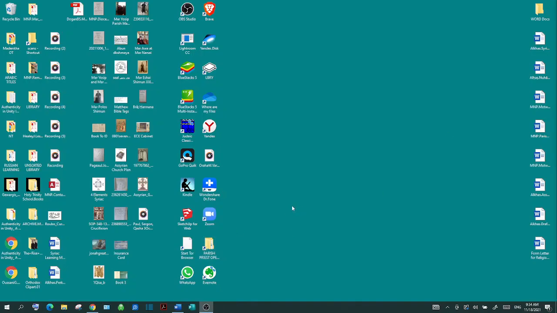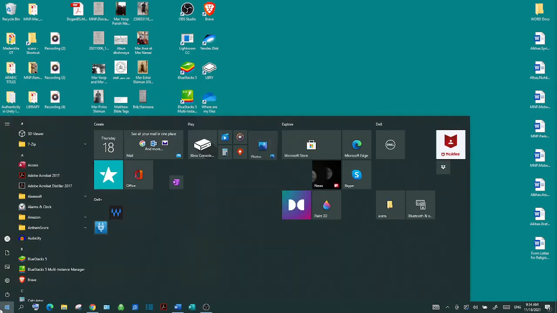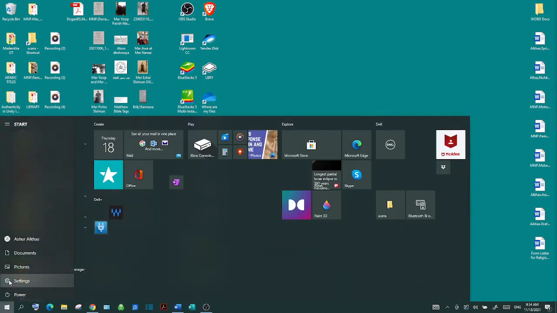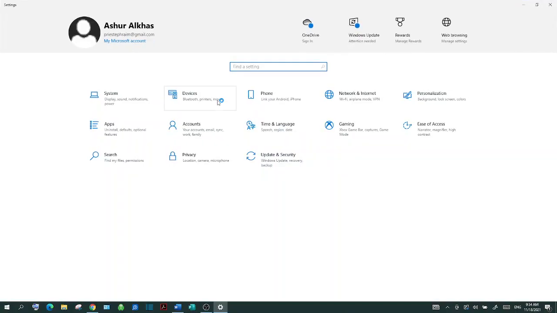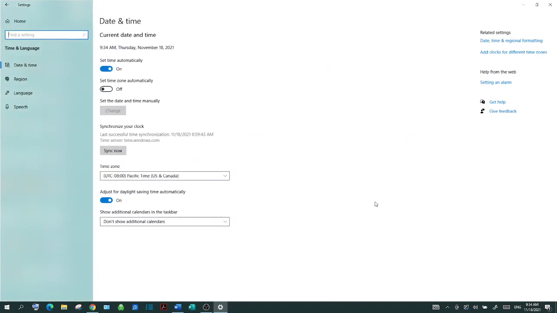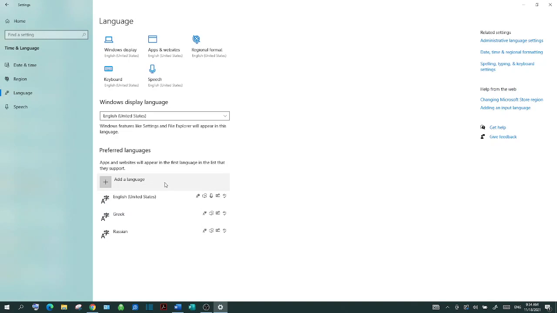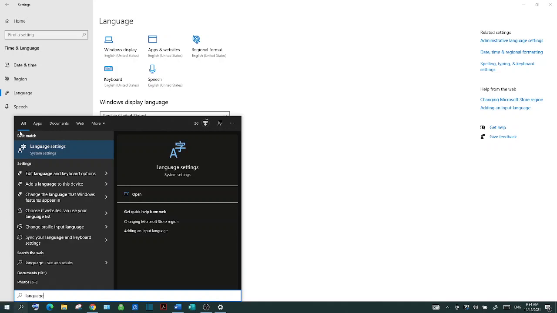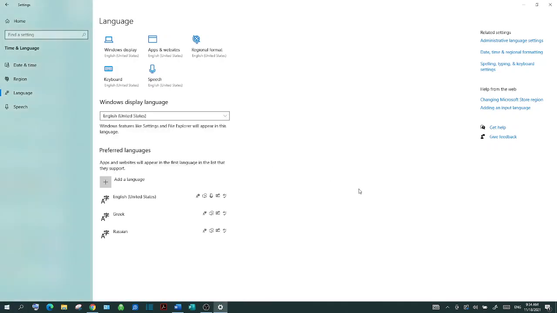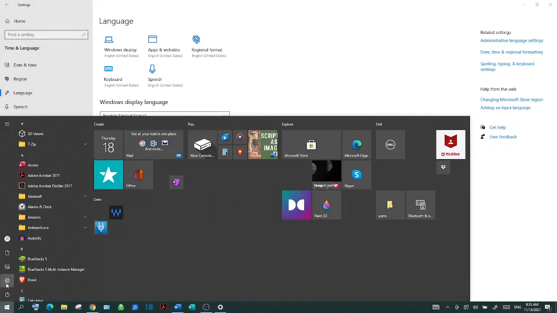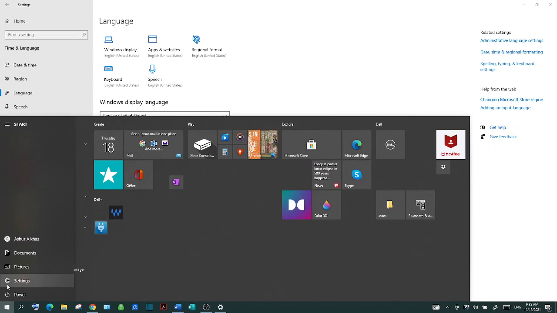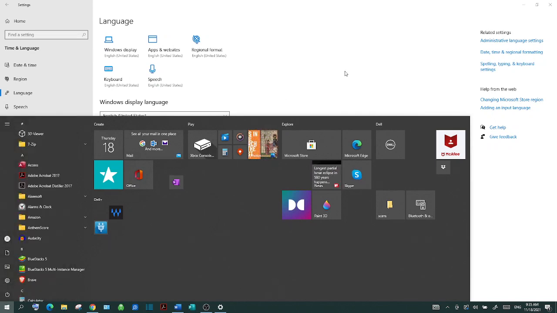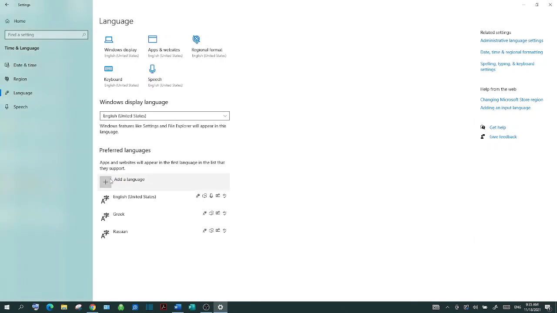In general, you can go to Start button, Settings, Time and Language, Language, and then Add Language. Or you can just type in the word language into your search and go to Language Settings. Either way works. You can go Start button, that means Settings, and then click on it, pick Time and Language, or you can just type in language and go here. Add Language,